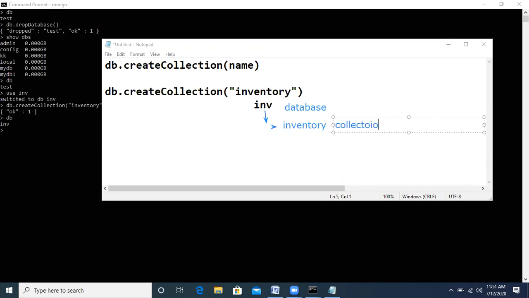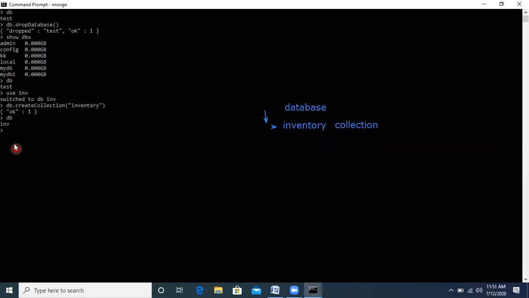So in NoSQL databases, we create a database, and inside the database we create collections. That is the thing that has happened here. It means inside the inf database, which is the current database, we have created a collection named inventory. So it is here. Sorry, let me clear this. So it's like this. Here we are working. So now we have created a collection named inventory.